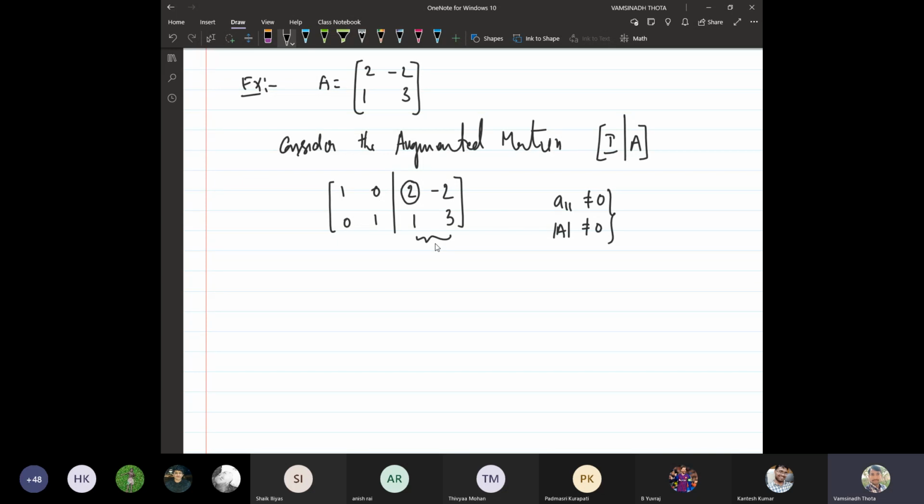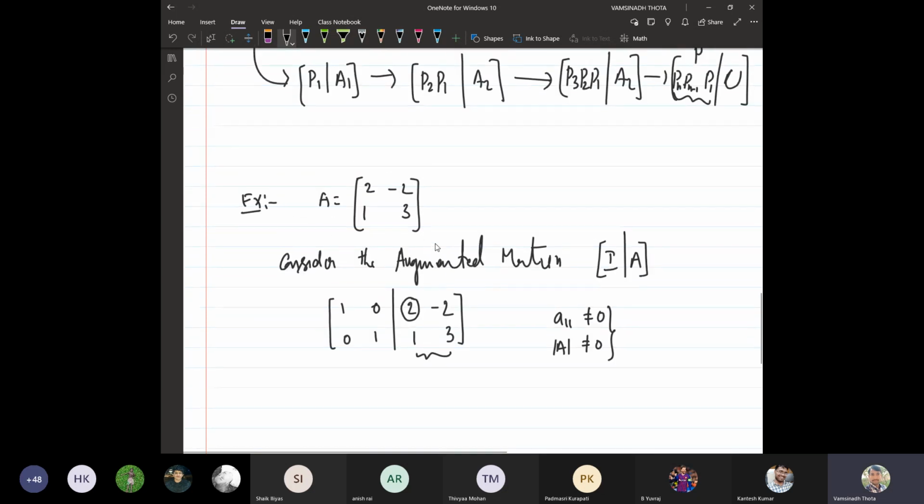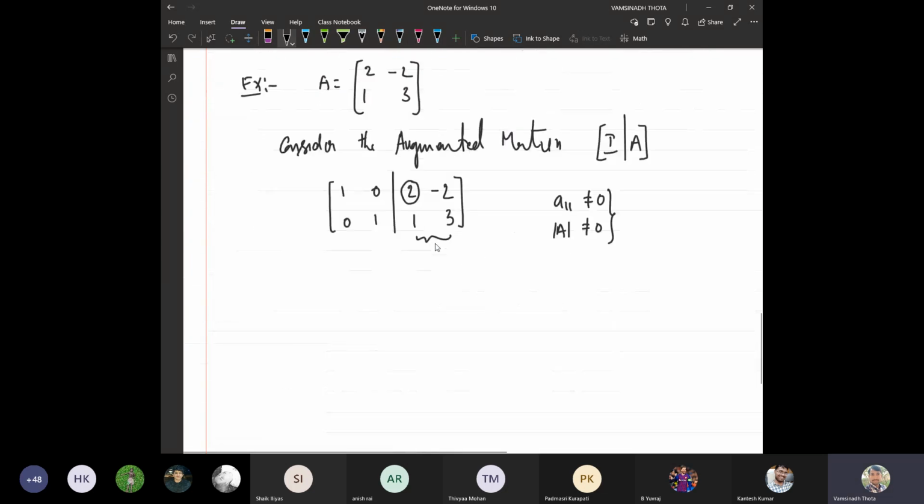Now, what we need to do here, we should not do the pivoting. Do not do any pivoting here. If you do the pivoting here, you also need to do the pivoting here. Then you will not get the unit lower triangular matrix. If you want to divide this row by 2, then you need to divide this row also by 2, so 1 by 2 will come. So that is why in the LU decomposition using Gaussian elimination, pivoting is exempted.